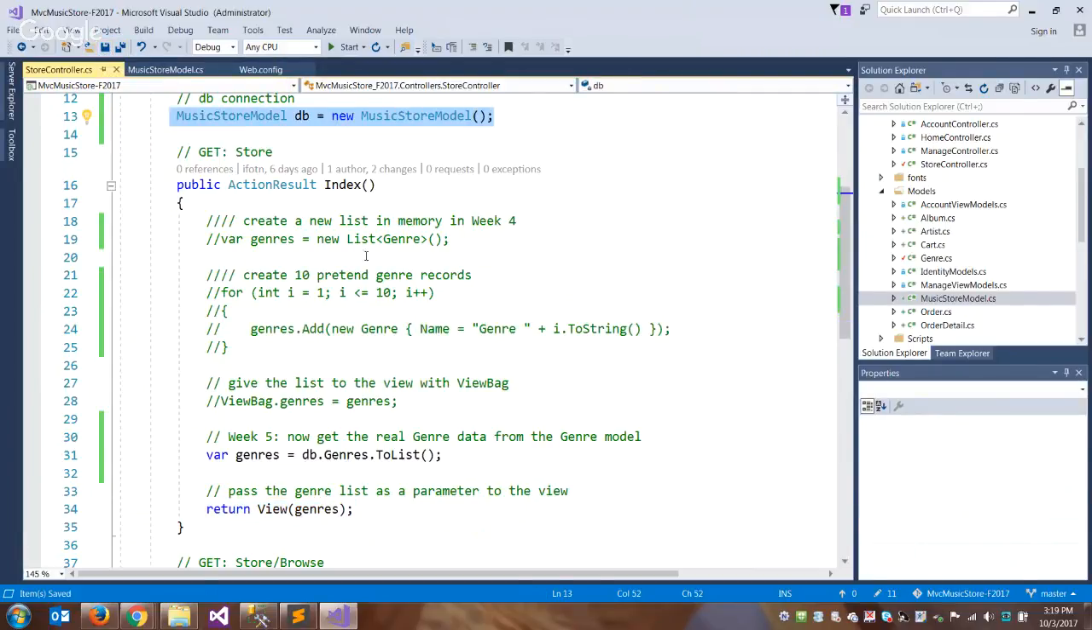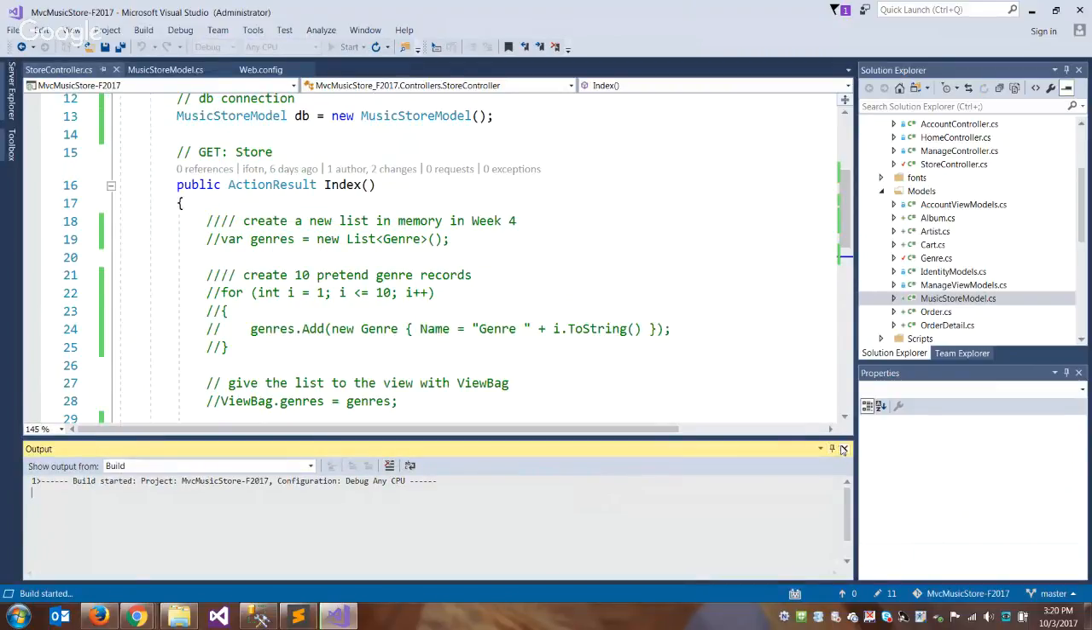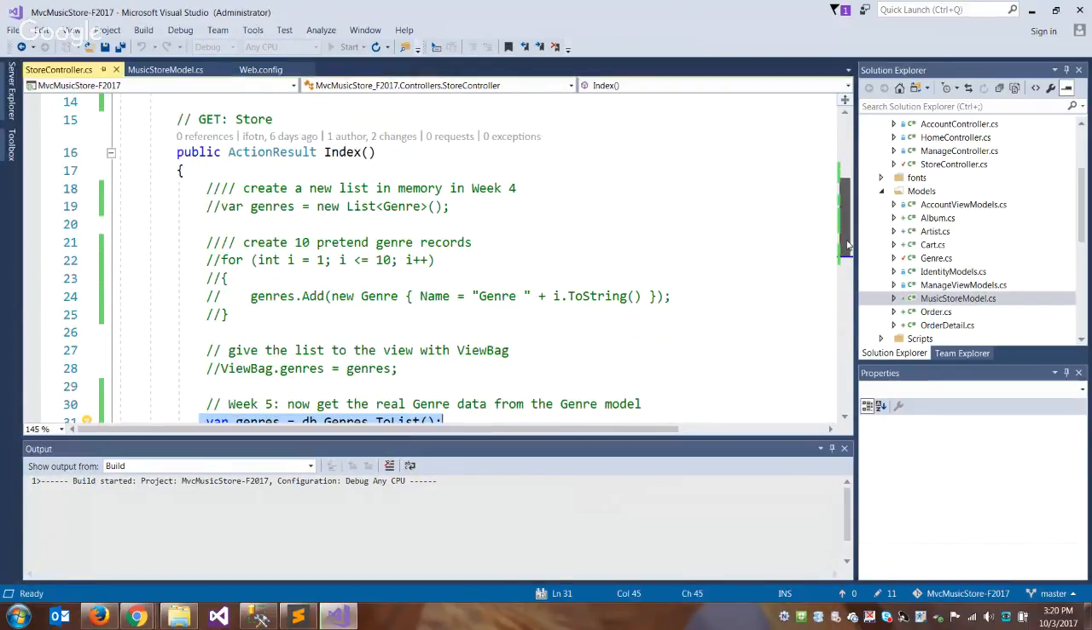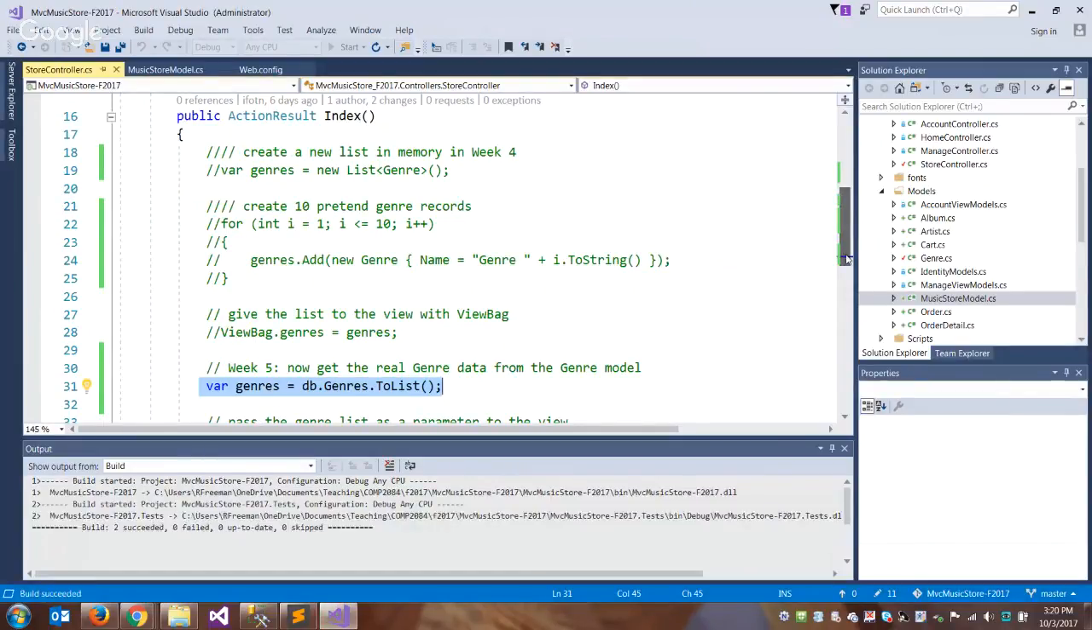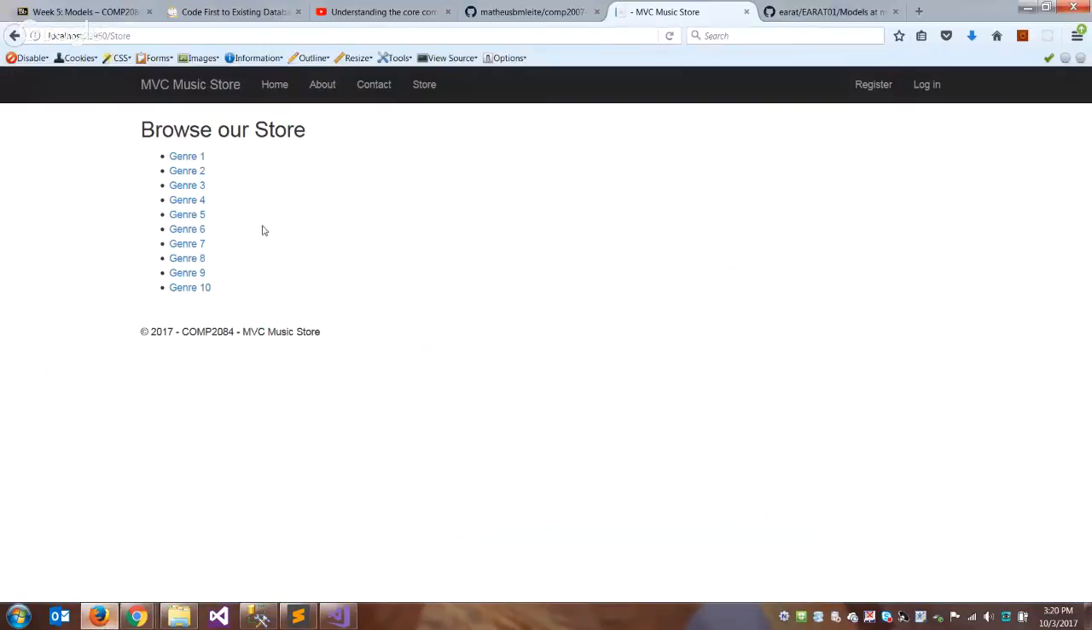So we added line 13. We commented out everything we had before in index, and lines 13 and 31 are new. And now if we build and click our store link again, it should now show us the real data from our database instead of the pretend data we made last week. So now if I reload my store,